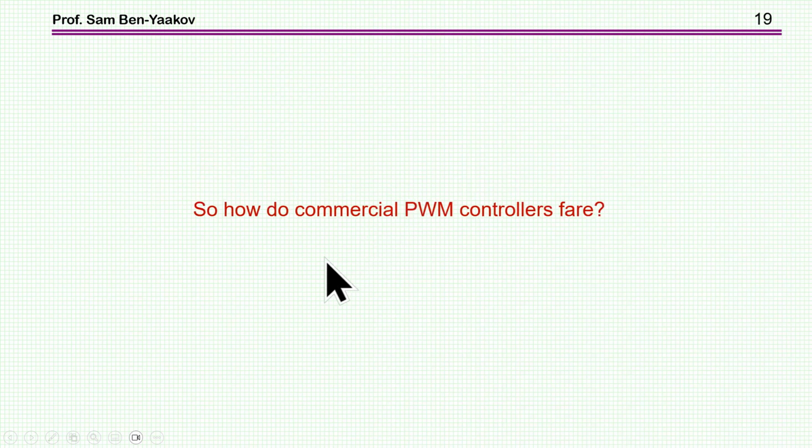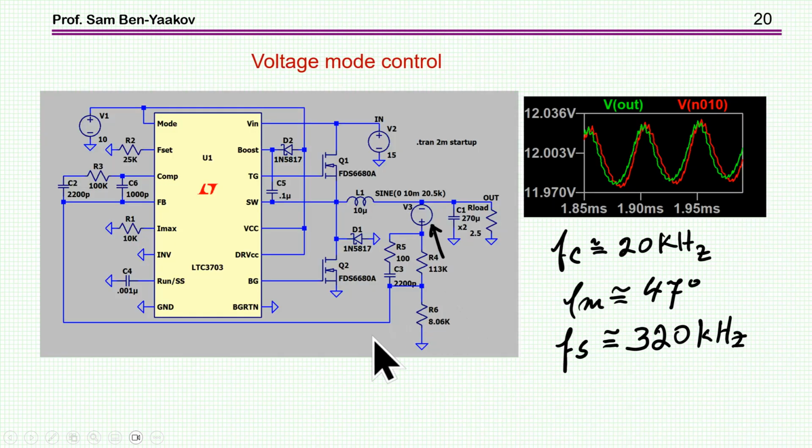So the question is, given that, how do commercial PWM controllers fare? I'm going to now examine a number of controllers to see how they behave when exposed to a step, just to see if there is any relationship to the closed loop response as predicted for a linear system. So the first case is